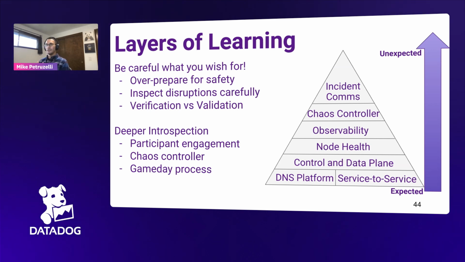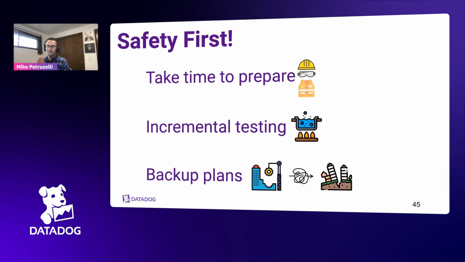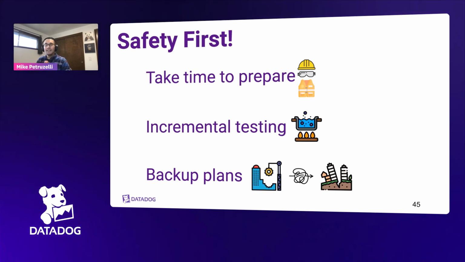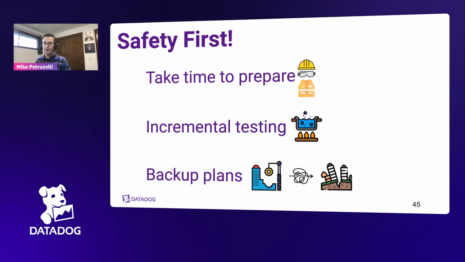Some of the biggest lessons, when you want to start doing this at your organization: the number one thing is safety first. Take time to prepare. Elijah mentioned it might take weeks or a month or more to plan for the game day. We have safety checklists. We take that from all kinds of industries. Surgeons do this, pilots do this. We have deputized coordinators with full scale authority. If anybody says stop, we stop. It's not a question of whether we want to continue on.